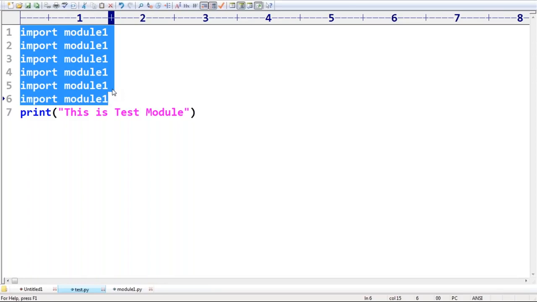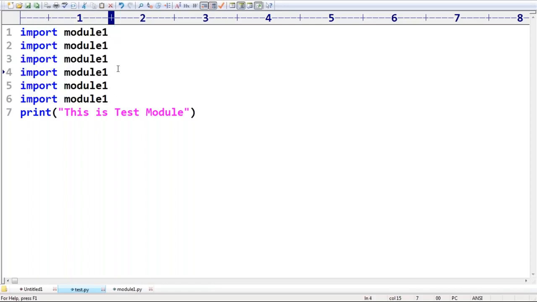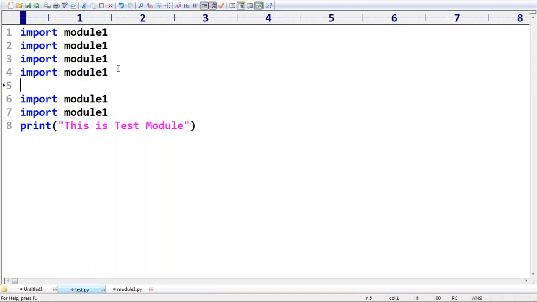But there is some problem in this. What is the problem? Observe very carefully, sir. Consider a practical situation. My Python program keeps on executing. Assume that it is never going to be stopped. Every time it is going to call some function from a module.